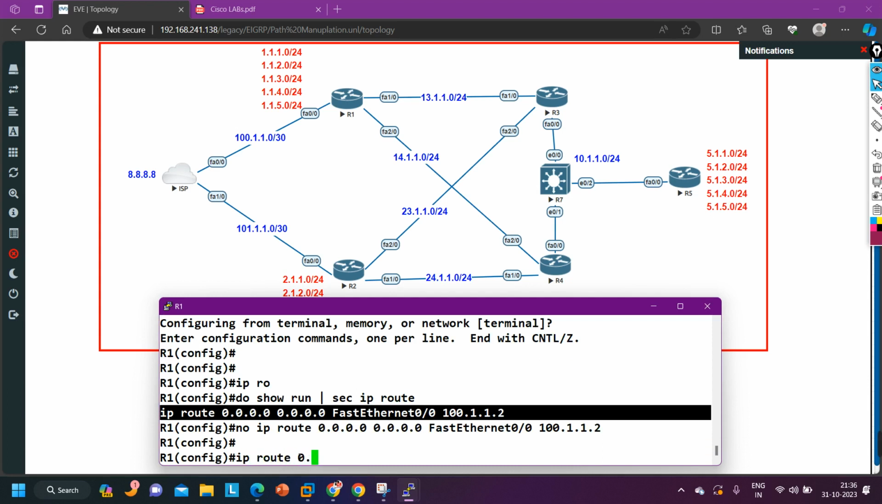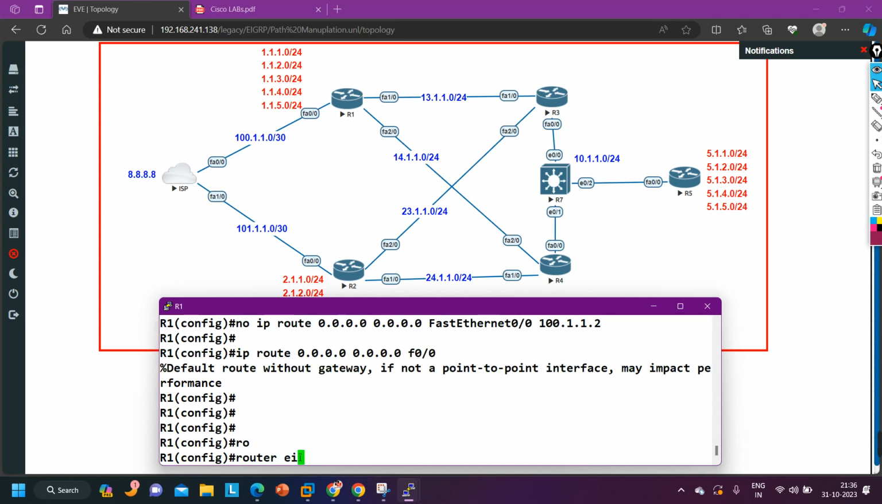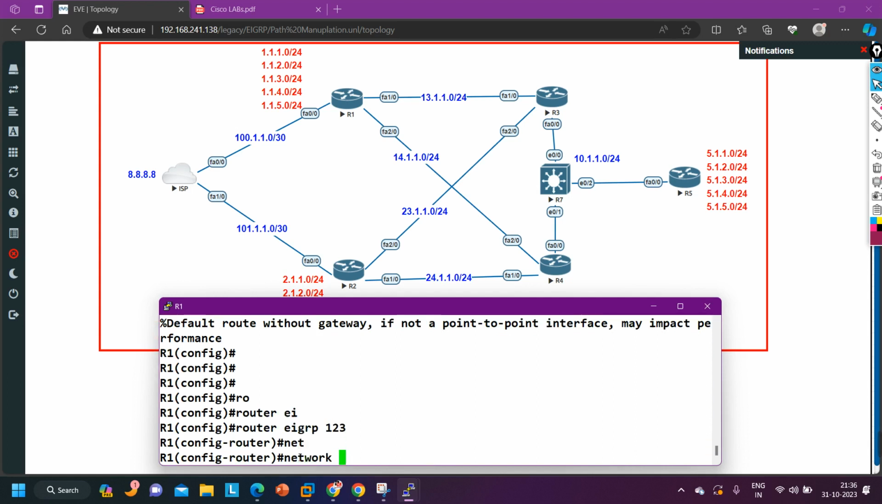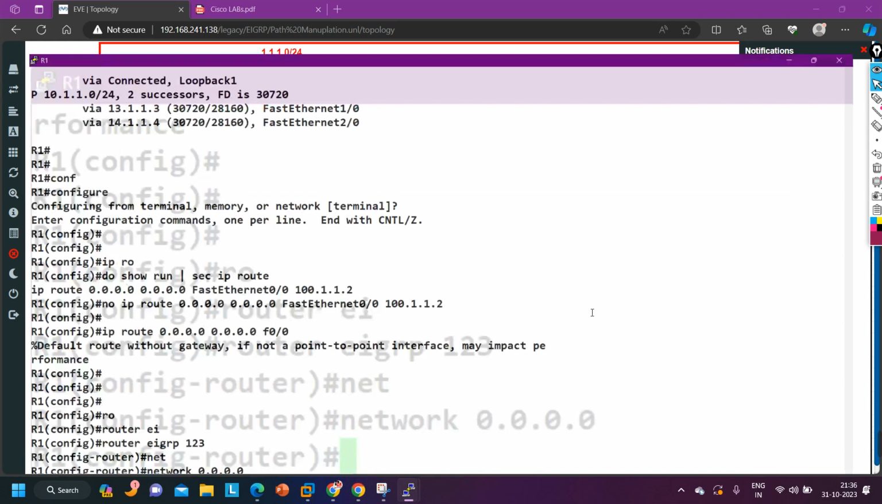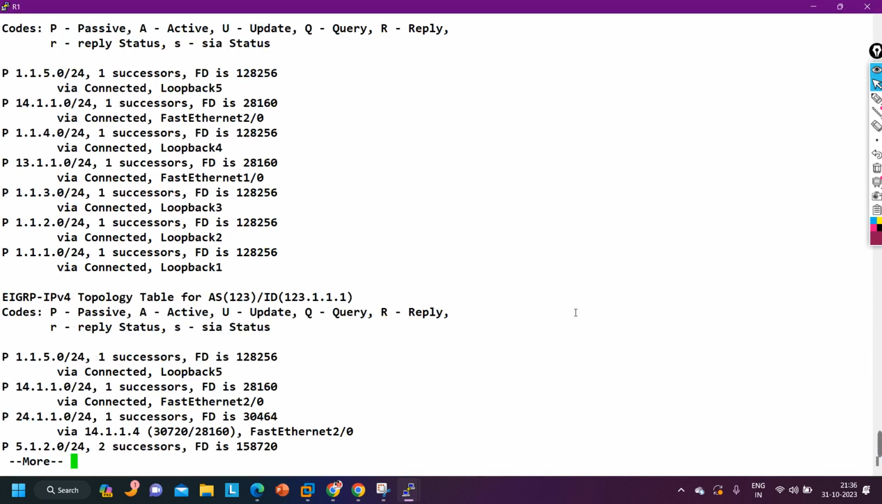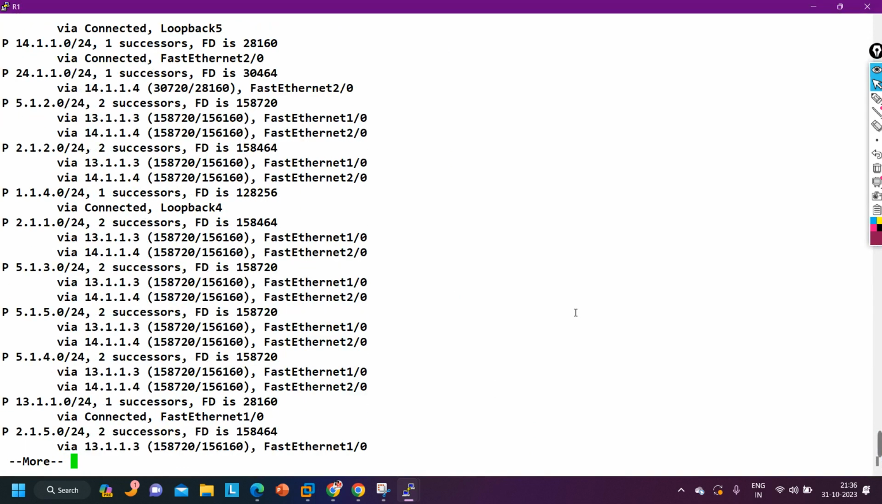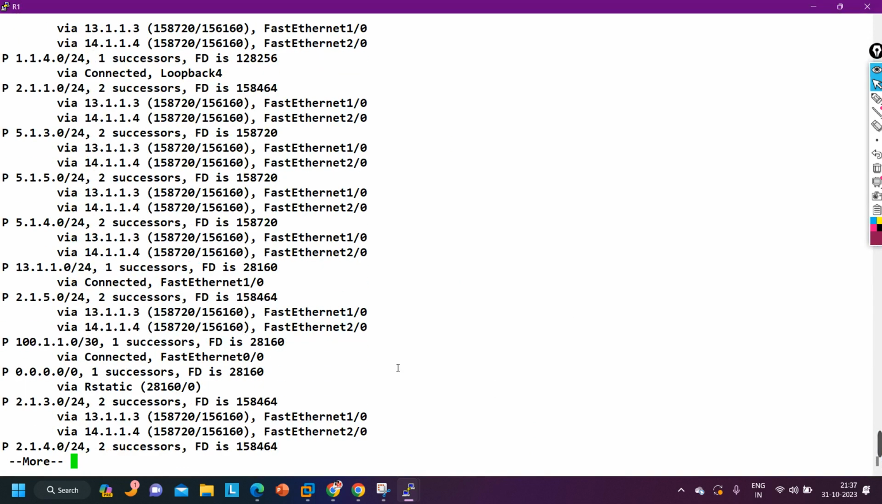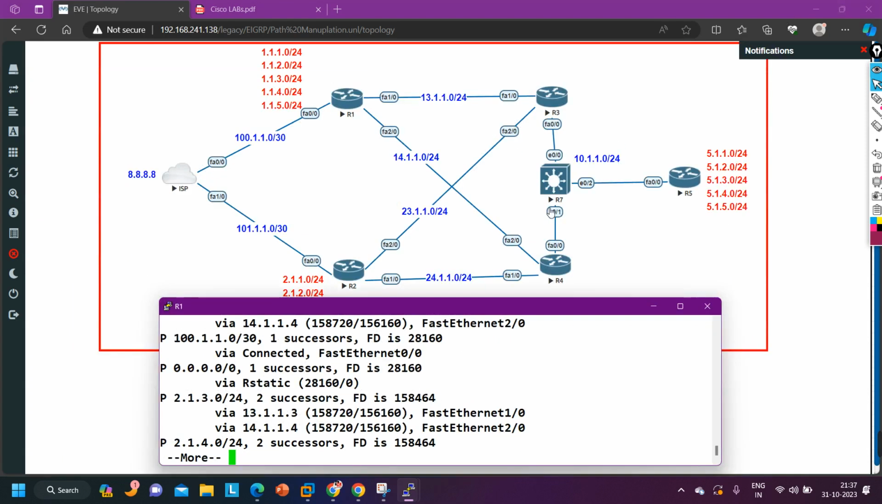IP route 0.0.0.0 0.0.0.0 and FastEthernet, let's say 0/0, right? And router EIGRP 123 and network 0.0.0.0. Let me check the topology table of R1 again. So, show IP EIGRP topology. Yes, now you can see it has installed this default route in its topology table, and it will advertise to